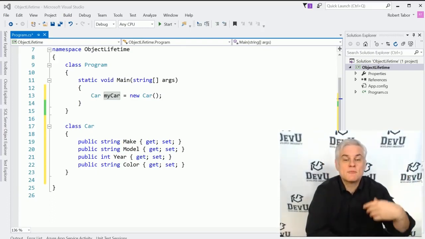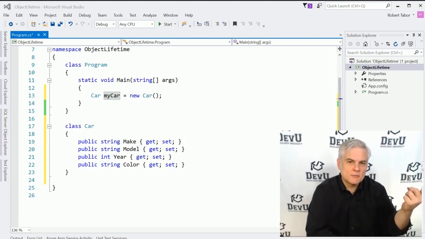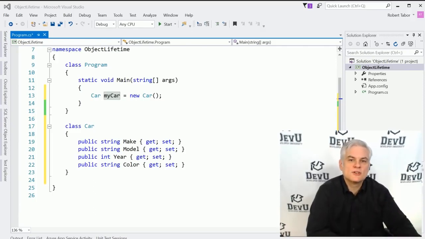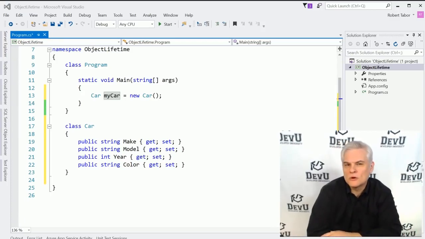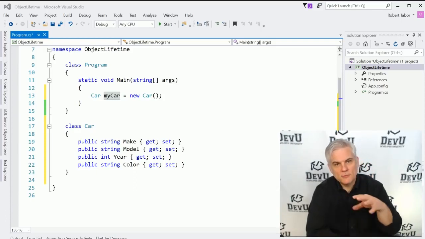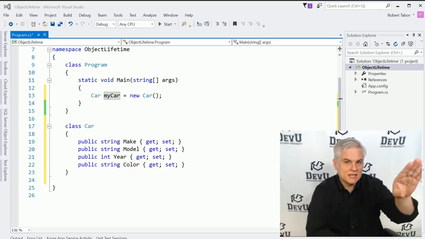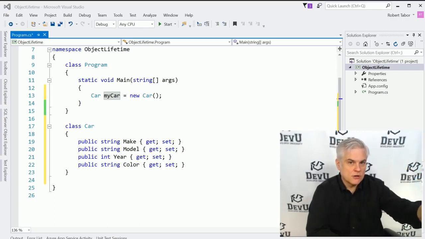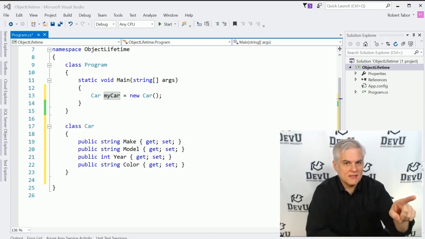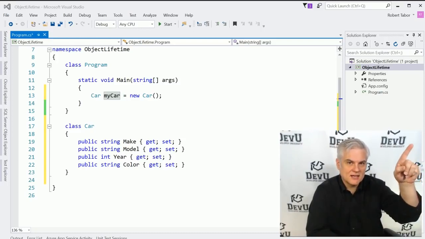And so that process of monitoring memory, looking for objects that no longer have any references to them, is called garbage collection. It's one of the core features of the .NET Framework runtime, and it's one of the reasons why it's easier to work with C# at first as a developer than maybe going directly to C++. In an unmanaged language like C++, you, the developer, may have to manage memory on your own, and sometimes you might forget that you actually are leaving things